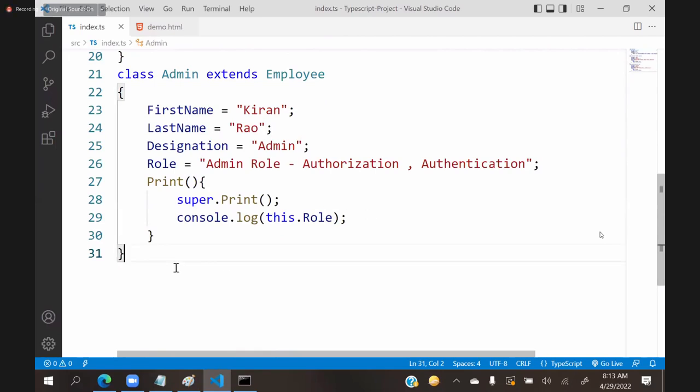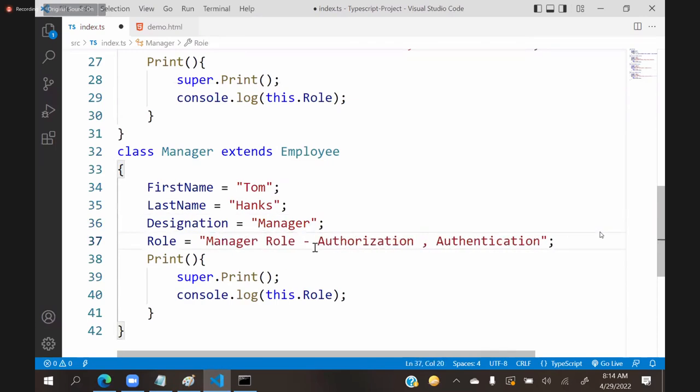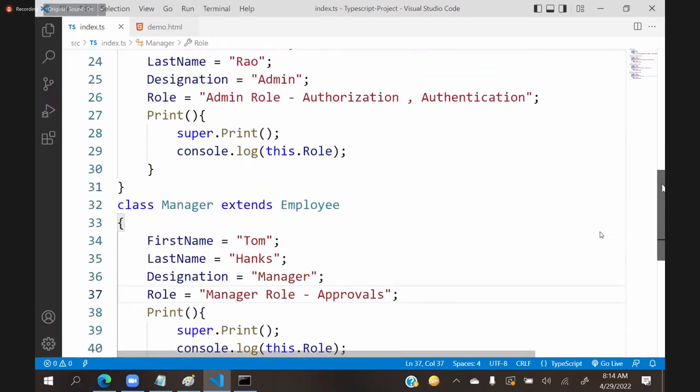So we will create one more class here. I will create another class. This class I will give as manager and extends employee. And here I am giving some name like Tom Hanks, something like this. And designation I am giving as manager. And here I am giving manager role, and some manager role, some approvals like this I gave. Now very important, we are having 3 employees: